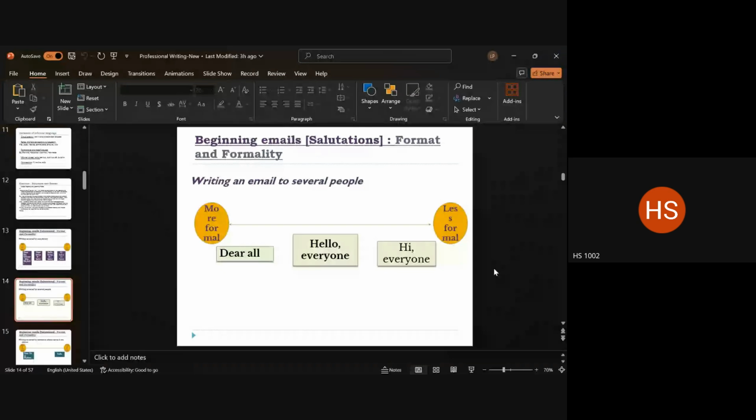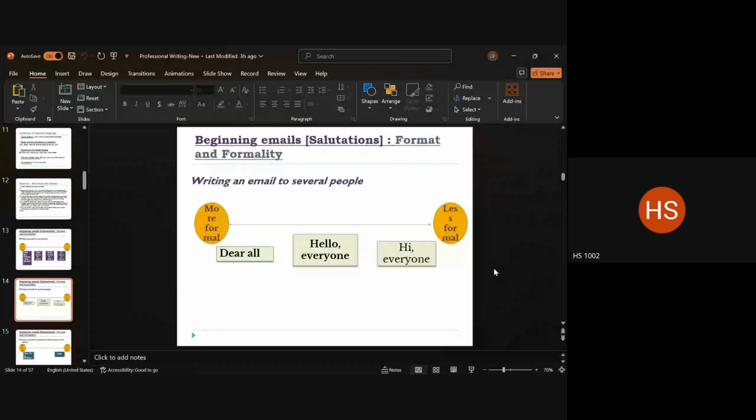Because I know that anybody sitting in my class has no hierarchical difference from the point of view of a teacher, so I'll say "Dear all." But imagine you are writing to about 5 or 10 people, and I'm organizing a session open to both students and teachers. Say two professors, who I know are also going to attend this session, say they're interested in coming and listening to what I'm saying.